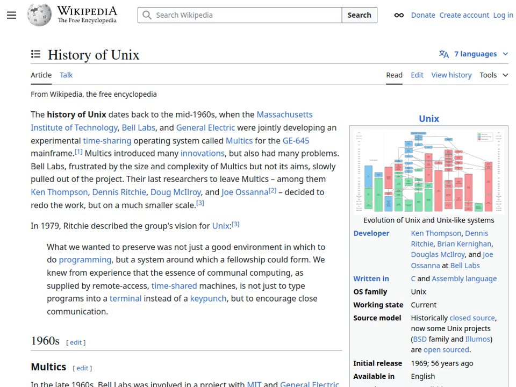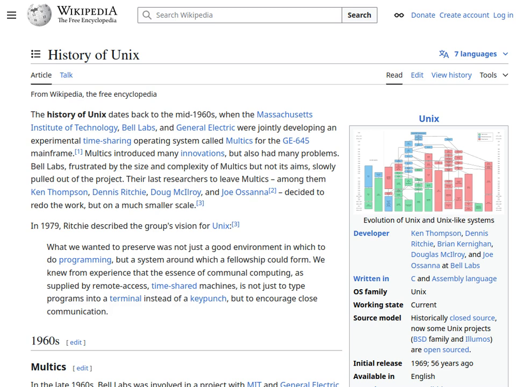Exactly. But in the meantime, they were licensing Unix, although there were still restrictions. Right. It was widespread, and it was relatively inexpensive. Yeah. And this led to thousands of users, both within AT&T and in academia. And as computer science graduates who were familiar with Unix started entering the commercial world, they started to see the demand for it in business settings really start to grow. Right. And so this idea that Unix could be a universal operating system began to take hold. Yeah, it was a very appealing concept.